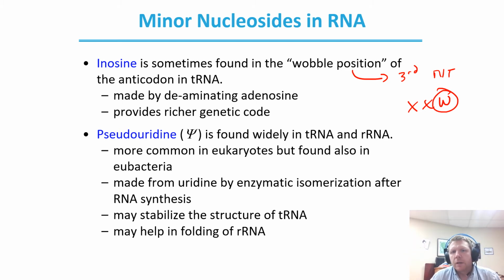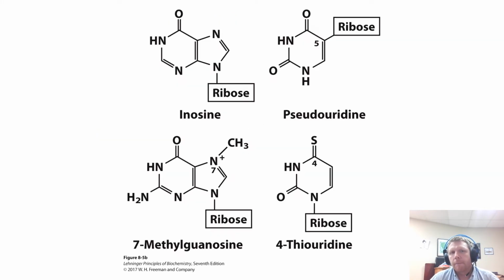Pseudouridine is found widely in tRNA and rRNA. It's more common in eukaryotes, but found also in eubacteria. It's made from uridine by an isomerization after RNA synthesis. And what this ultimately can do is stabilize the structure of tRNA, and it may also be helpful in the folding of ribosomal RNA. So what that looks like are inosine, pseudouridine,